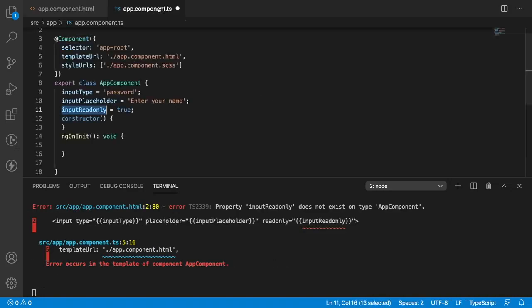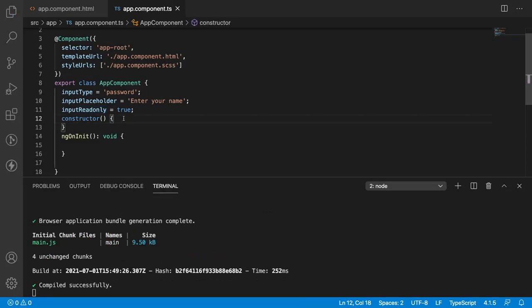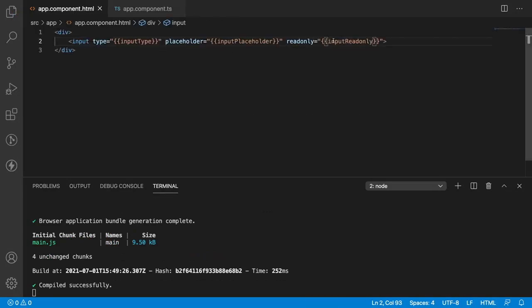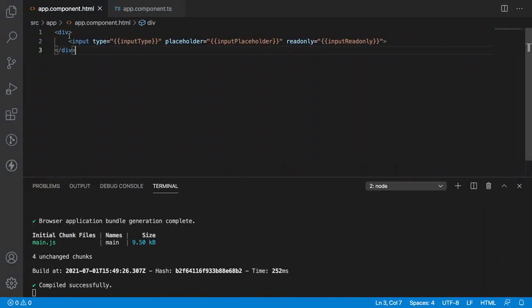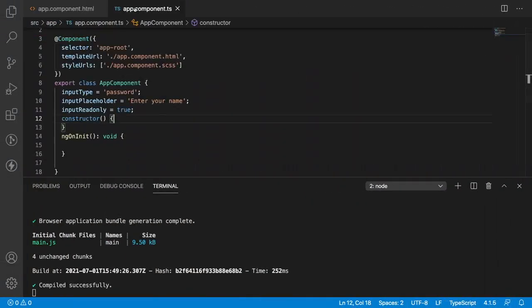Save this. As per our understanding, this is true. When the readonly is true, could I edit the form? No, we cannot edit this HTML. Let me check that. I'm not able to edit this content. Super. Now let me go back and go to the component.ts.